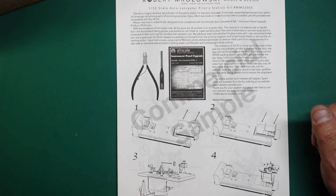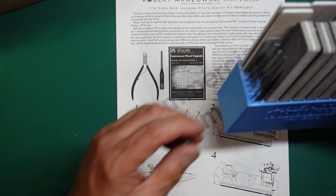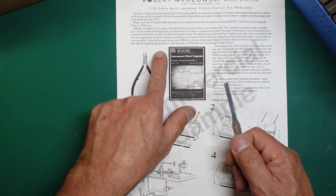For this I found the Infini sanding system using 1000 grit, perfect for the job. So that's these here. I've got the full set of Infini sanders here, and what he's talking about there is the 5mm. You can see here he's got the Photo Etch